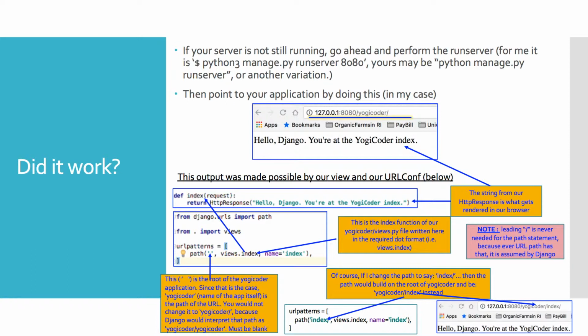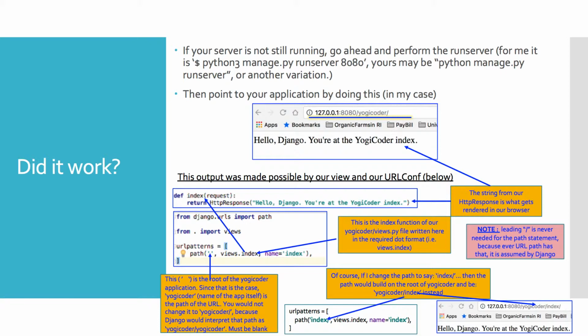You see here the path is empty quotes, right? It all comes down to how you have your project configured. It's empty because I'm at my application's root, so to speak. So if I decided to put YogiCoder there, then I'd have to change the link to that particular URL to be YogiCoder / YogiCoder. So the empty quotes is the application level, so it would just be YogiCoder. So that's where the blank comes from.